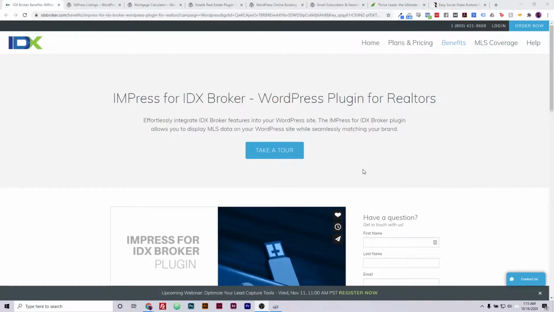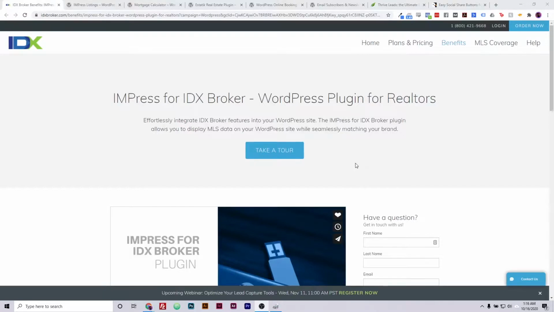So first, what I have here is an IDX plugin, and these plugins show the MLS listings on your WordPress site. Now, if you notice, a lot of times when I do videos for specific industries, I say that these are the best free plugins. I specifically didn't do that for the real estate agent website because I think that displaying your MLS data on your website is a super valuable thing to do, and there's just no free plugins that do that. So this is a plugin that costs money, but when you install it on your site, you can have the